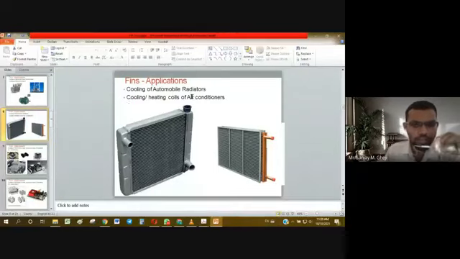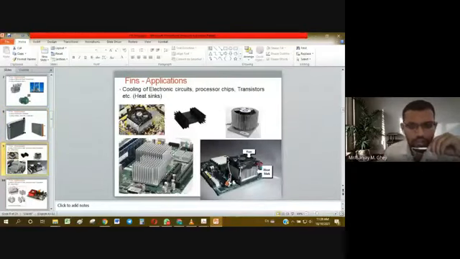Then there are many applications for the fins in automobile radiators, air conditioning and refrigeration coils. Even now the heat sinks, which are formed with the help of fins, are the essential components for electronic circuits and other micro components like microprocessor chips, motherboards of computers, transistors. All those electronic components require some amount of cooling, and to increase the rate of cooling, that is rate of heat removal, all such type of basic geometries are provided, and extended surfaces become the category of fin.